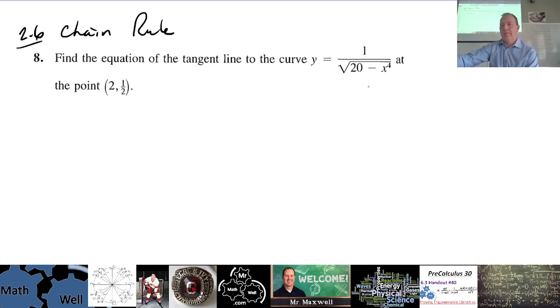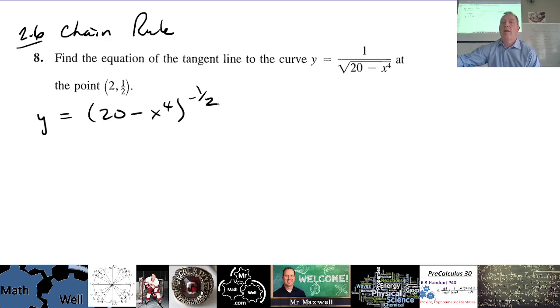Okay, so because I changed the other one to a product, I'm going to do this one as a quotient, okay? Is that okay? Just going to leave it as a half? Or do you want me to do a product? Yeah, I can do a product then, fine. Okay, so then this is just going to be 20 minus x to the 4th, to the power of negative 1